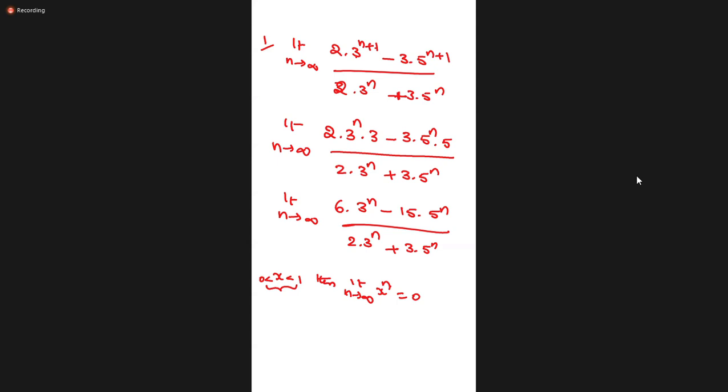That means if you multiply that decimal number infinite times, take 0.1 in your calculator and multiply it some 100 times, what do you get? 0.00000 something. That means it is approximately equal to 0. That's why the answer is 0. So when you are taking a number common, that number should be less than 1. It should not be greater than 1. That is an important concept. This concept I explained to you yesterday also.